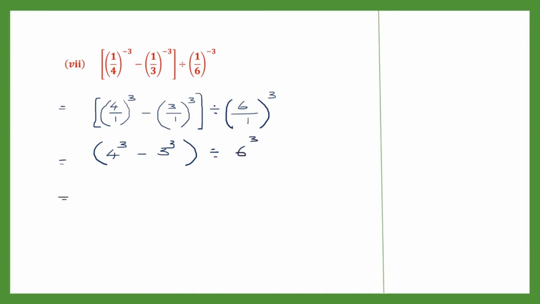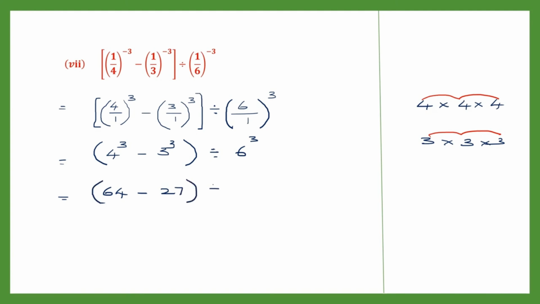So now 4 raised to the power of 3 is 4 into 4 into 4, which is 4 fours are 16, 16 fours are 64. So this is 64 minus 3 raised to the power of 3, which is 3 into 3 into 3. So this will be 3 threes are 9, 9 threes are 27. 64 minus 27. So this we'll put within brackets, divided by 6 to the power of 3, which is 6 into